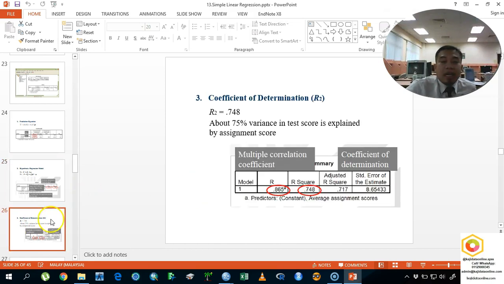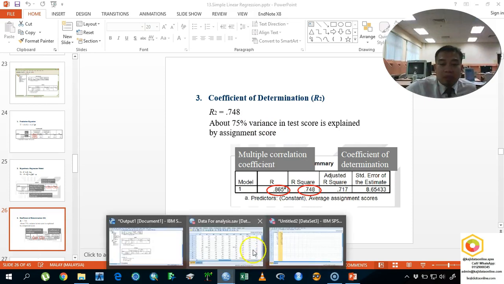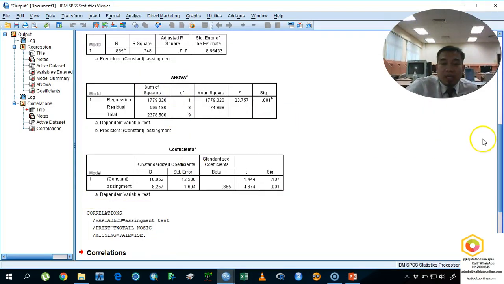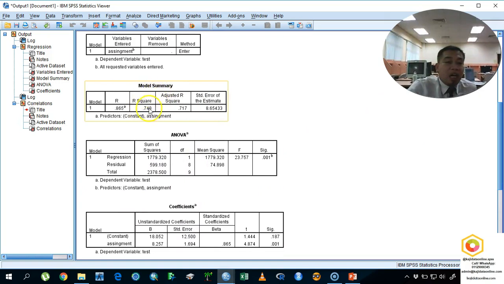So that is correct. And then the next one is the coefficient of determination. Okay, I forgot to tell you about this thing. We call it the R square. R square is actually explaining how much variance is explained by X to predict Y. So in this case, you can see here it is 0.7